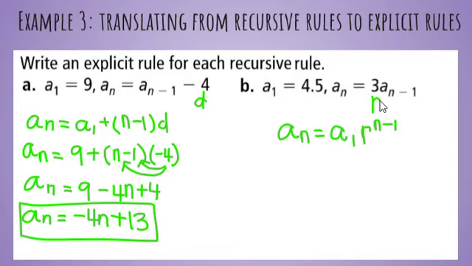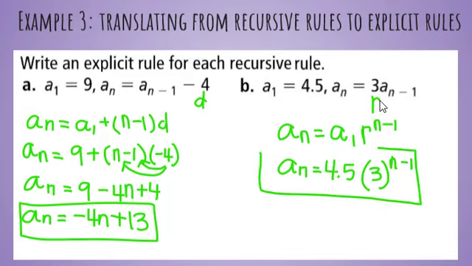So we just need to plug in the first term and the common ratio into this equation. And again, what's nice about this one is that we don't have to do any more simplifying. So our a sub 1 is 4.5, our common ratio is 3, and then we have our power of n minus 1. So a sub n equals 4.5 times 3 to the n minus 1 power